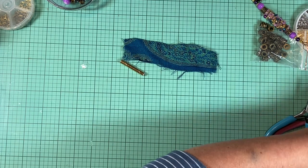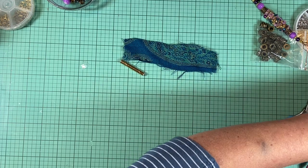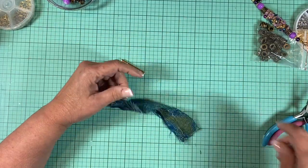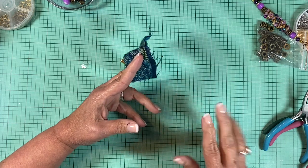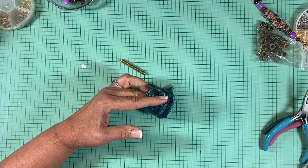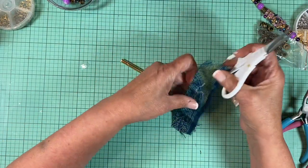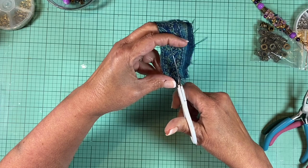So let's see, I'm looking for another colorful one. Here we go. This one would work. This one would work really well too, see? But I'm going to just do the same thing so y'all can see what I did, and then you can figure out what you want to do. Scissors. I had them out here a minute ago. Well, I'll just use these because I don't know where they went. Okay, so I'm just going to cut this, I needed about half the width of this, okay? And I actually probably don't even need as much as I have, but I'm going to go ahead and...